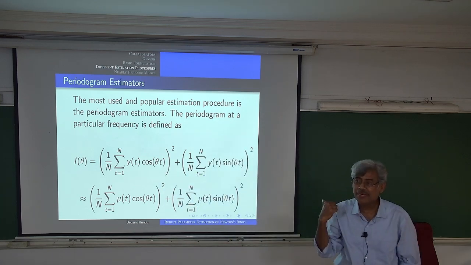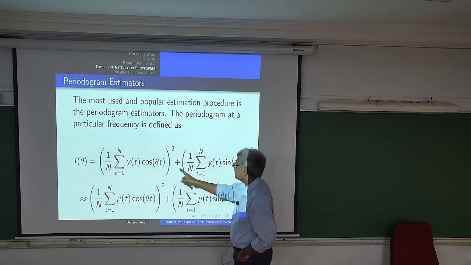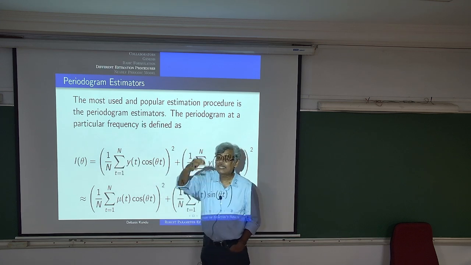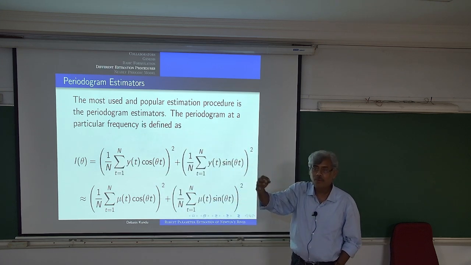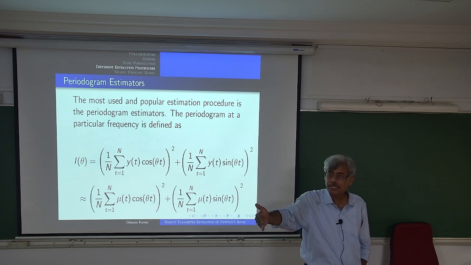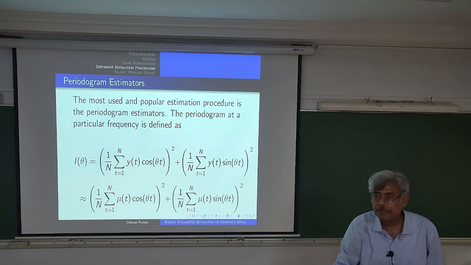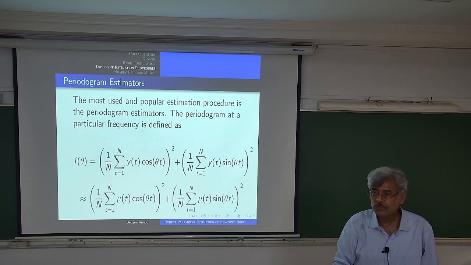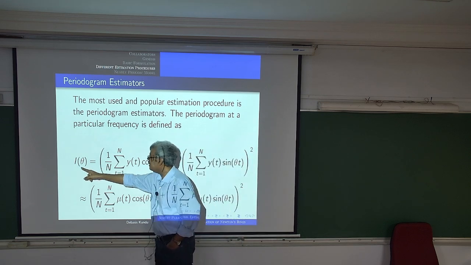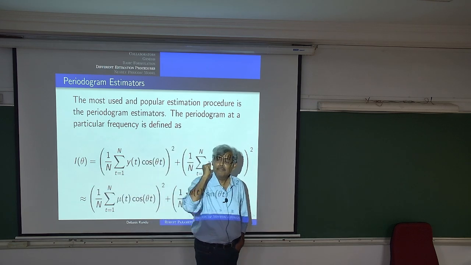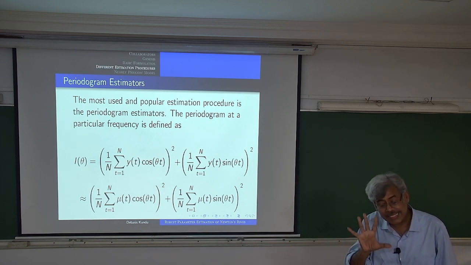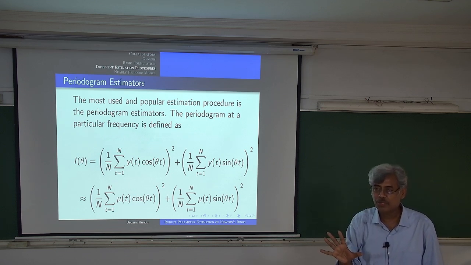That is precisely what I am trying to show in the picture. If you have this yt in the first one, you can see that this I theta picks up the two peaks. But in the second, even though the original signal has two different frequencies, your I theta cannot pick it up. So that means your I theta is actually very sensitive to the variance of the noise component, as well as the amplitude of the noise component.